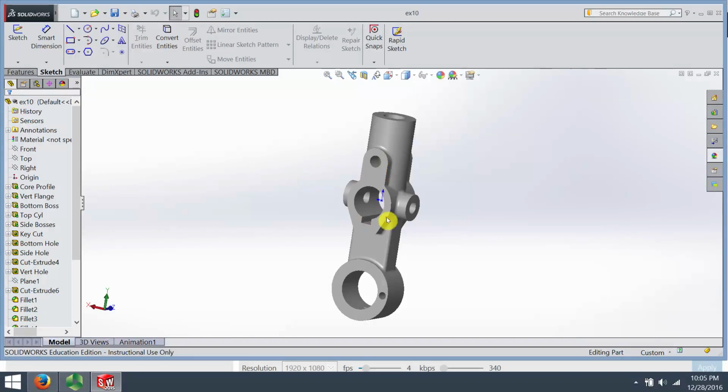So what we're looking at on screen right now is just a component. It's called EX10, whatever that is. And right now it really is a part. We can see over here in the tree all the steps that it took to model it. In order to start this process, we want to start an assembly. And generally you want to start with the component that's the key part in your assembly. If I was going to do a gas engine, or a V8 engine or whatever, I would bring in the engine block first and start my assembly from there,